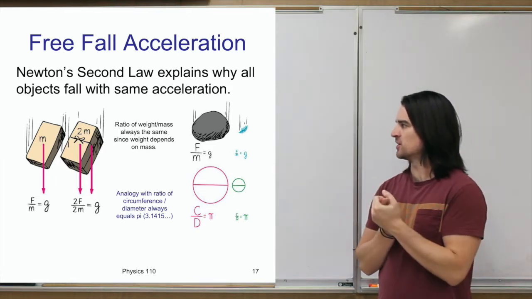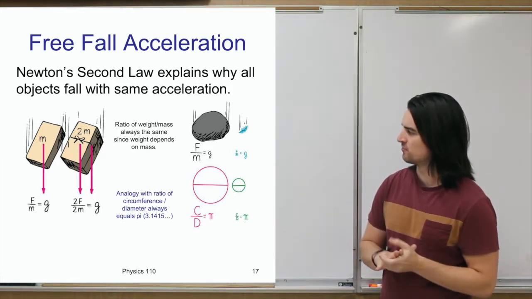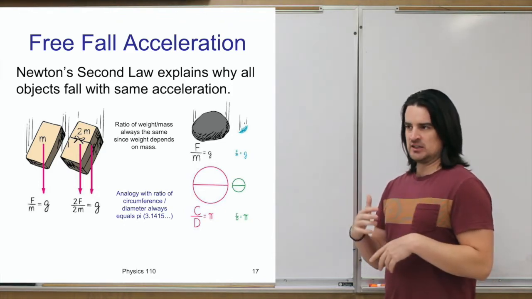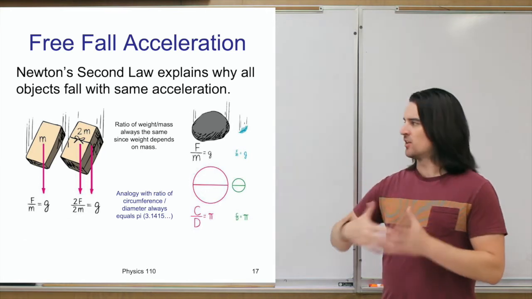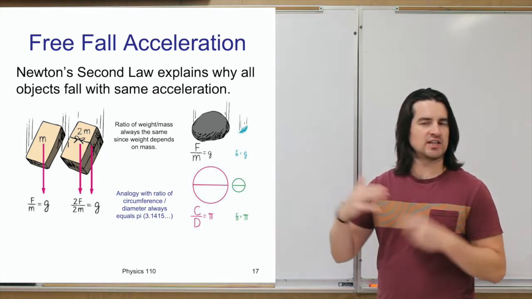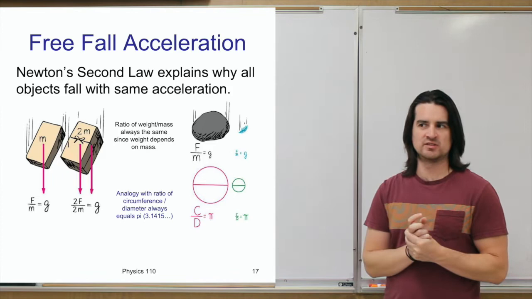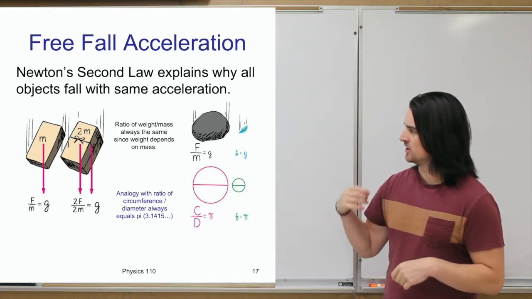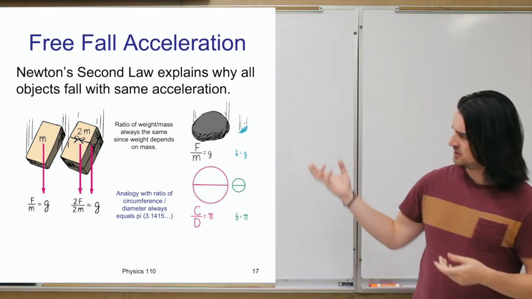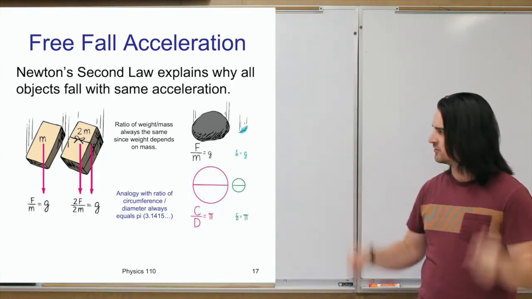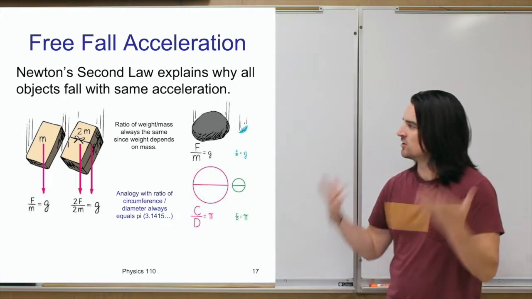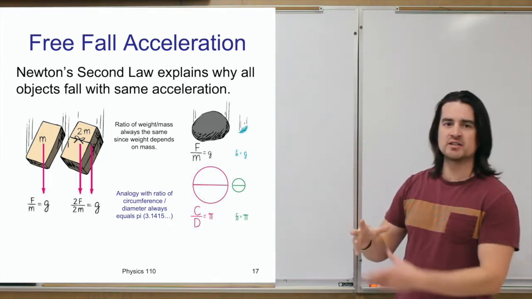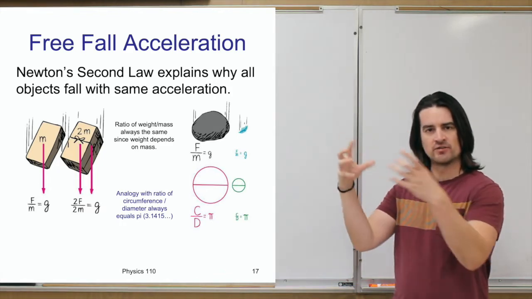So what happens to objects in free fall? Or why is it that the acceleration of gravity doesn't care how much mass it's trying to accelerate? Is another way of looking at that. So if you take a brick and it has a mass of m, whatever that m is, maybe a kilogram, and you drop that brick, then gravity is essentially pulling on all the mass that makes up